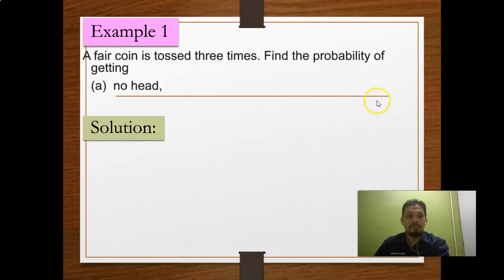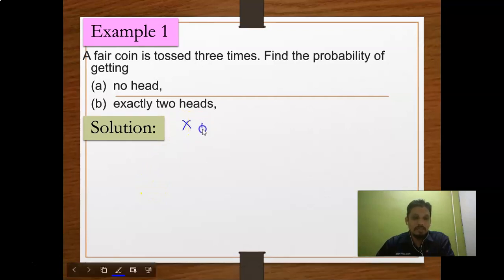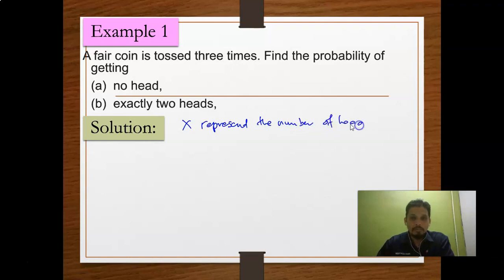Example number 1. A fair coin is tossed 3 times. Find the probability of getting no head, and exactly 2 heads. Before that, let's declare something. Let X represent the number of heads obtained, then